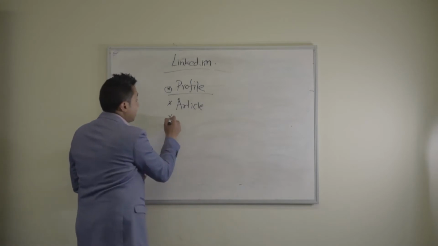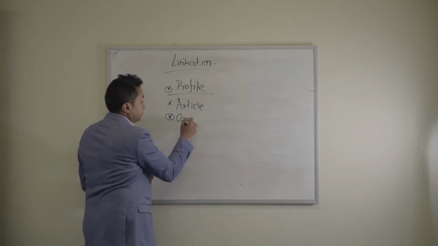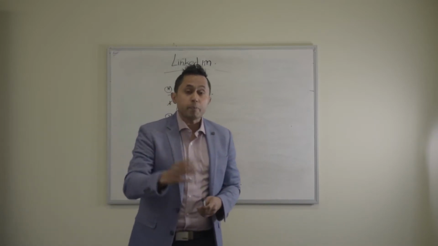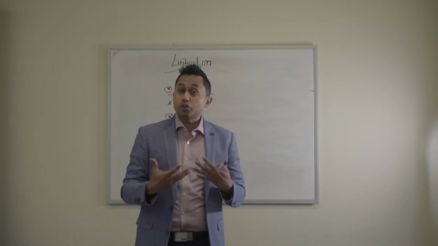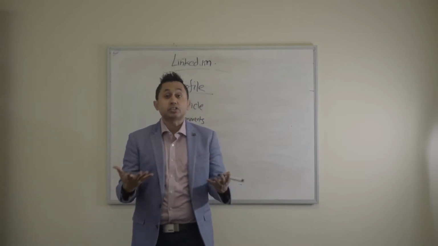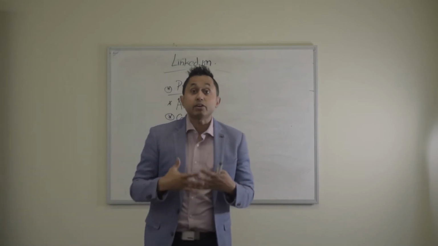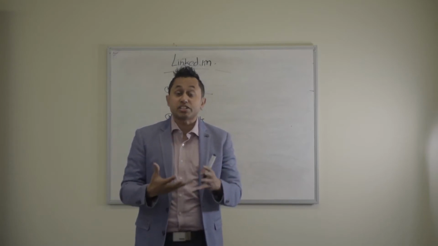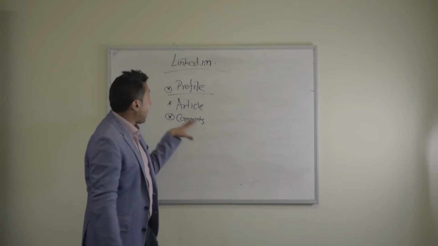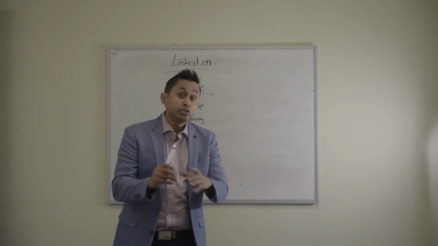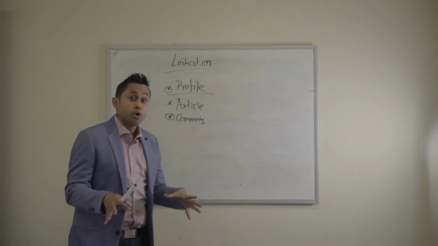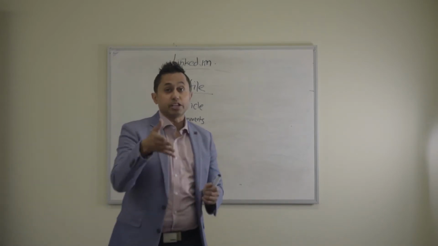The third is about comments. You need to put some comments when other people are posting articles. Just put your opinion in there. Don't be aggressive, but put your opinion in a way that they say, oh my God, who is this guy? And they're going to give you the answer and start the conversation. So you're engaging other people. Give the opportunity to others to write comments on your own articles. So this is very important. These are the three things you can do in terms of engaging people on LinkedIn.